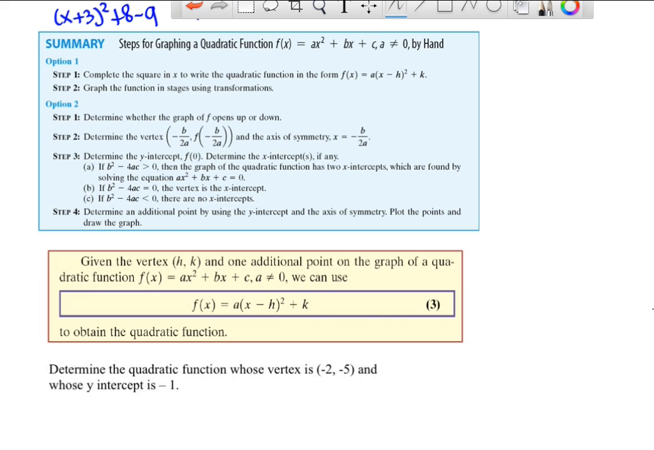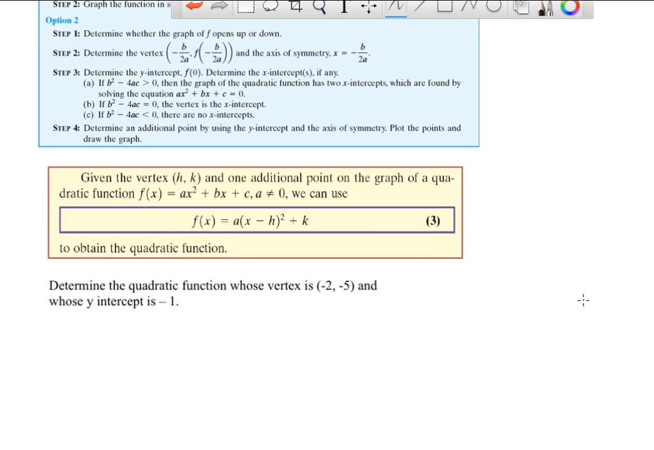Okay. And then the last problem is sort of a backwards one. So what if you know that the vertex is negative 2, negative 5? Well, that's h and that's k. So that means we get f of x equals a times x minus h, so the answer being x plus 2, squared, plus k, and k is negative 5 in this case. We do need a square here. Okay, so I'm going to clean that up a little bit,